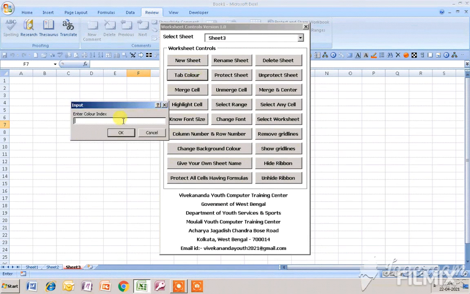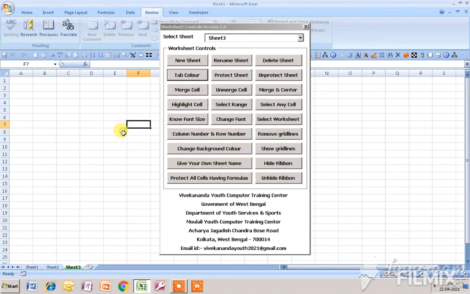If I again give 4 instead of 3 and click OK, then you can see the tab color of the active sheet has changed to green color. By this process you can highlight the tab color of any active sheet.